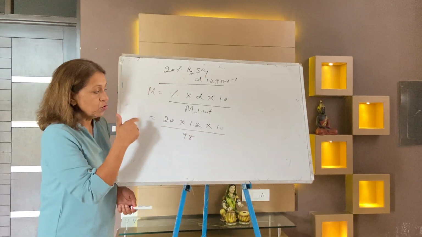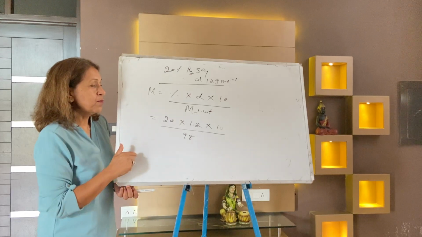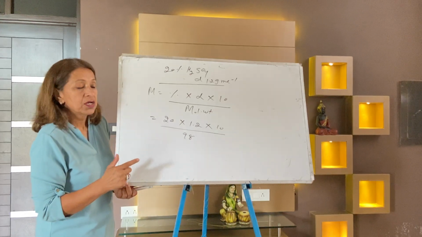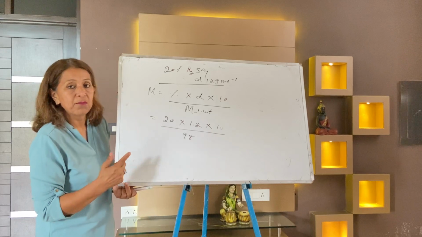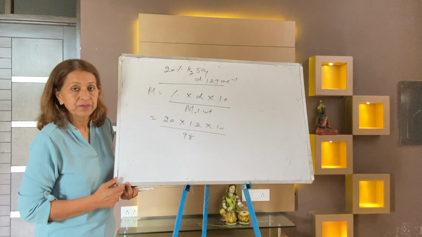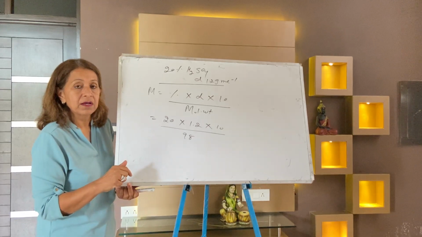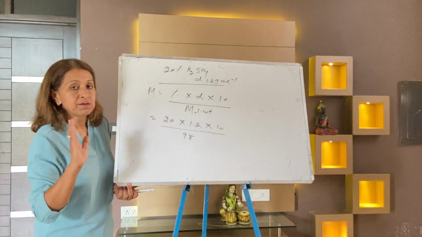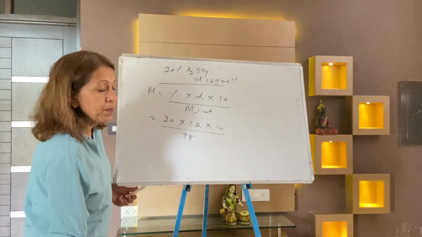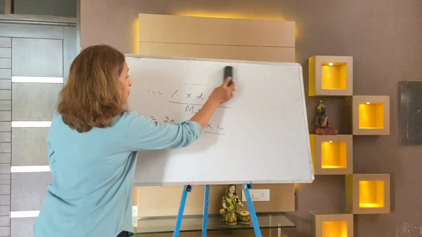So it's 20 into 1.2. Direct molarity is equal to percentage into density into 10 by molecular weight. So it's a direct numerical. You write down this formula and directly solve it. Now I'm taking a second numerical, where molarity and molality come together. Again write the second tip, MCQ, second tip.